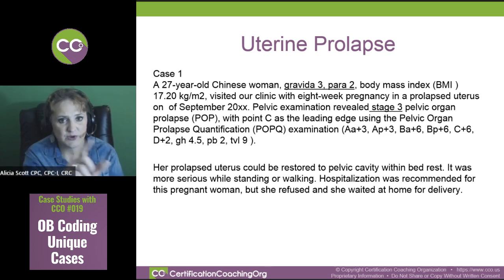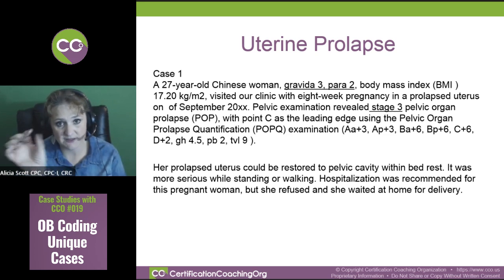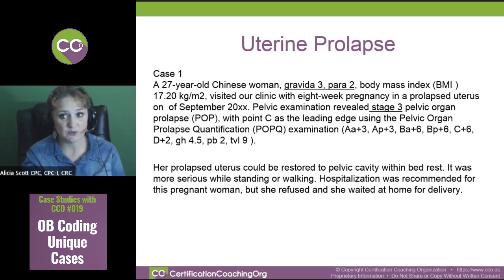Now, we looked at the stages. Stage 3 is significant. That means it's exposed, right? The uterus has already started to be exposed to the outside of the body, and it's not meant to be. That type of tissue is meant to be inside the body, not outside. So you have to deal with infections and ulcerations and all kinds of stuff like that. So we have a stage 3 uterine prolapse, and notice now all of this information